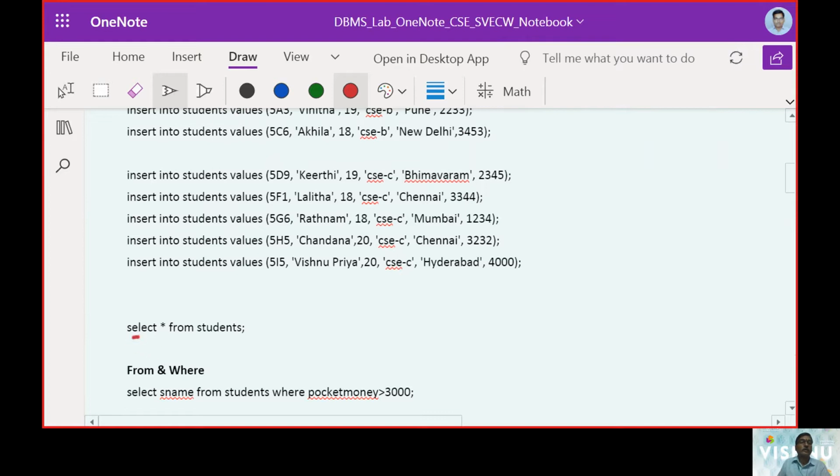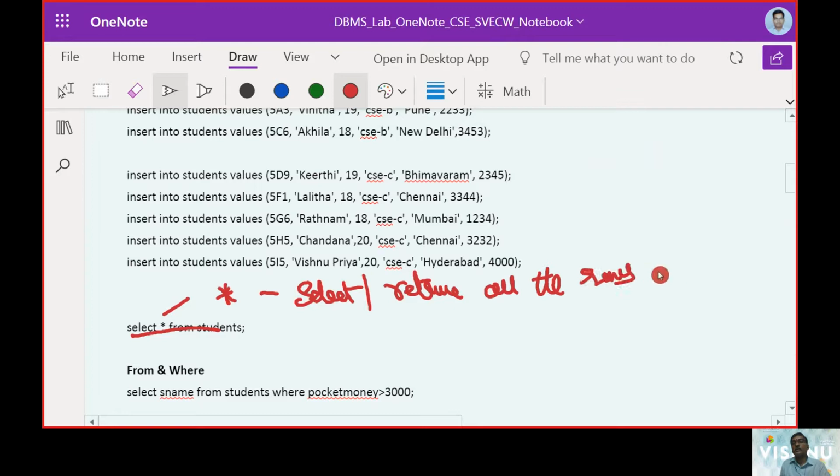After that, we will first work with the star. The star selects, or retrieves, all the rows in the student table.